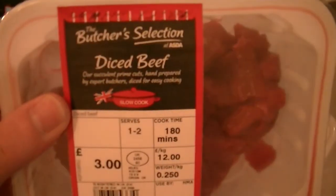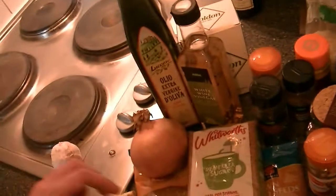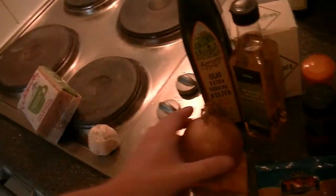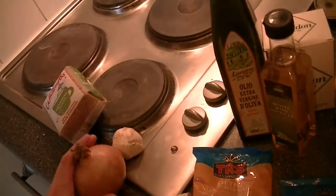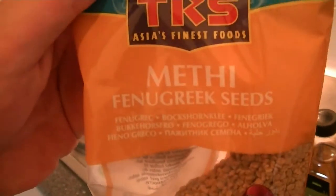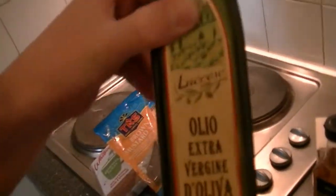Today I'm going to make beef vindaloo, and the ingredients I am using today are some stewing beef, fresh garlic, Demerara sugar, an onion, fresh root ginger, fenugreek seeds, brown or black mustard seeds, some olive oil,